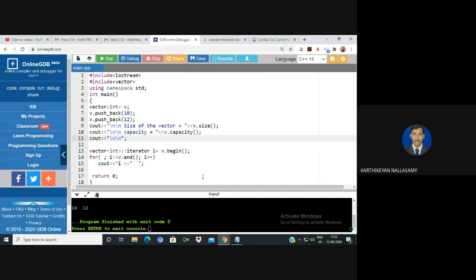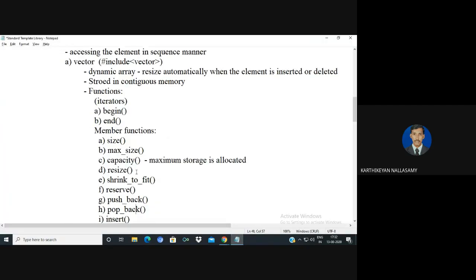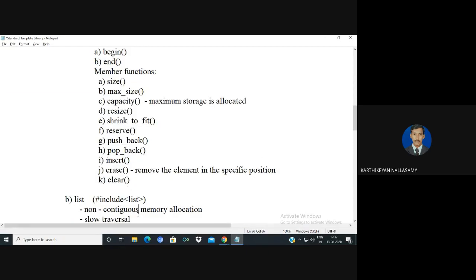Okay. So now the values are displayed like this. Even if you want, see, some of the functions are defined as member functions, like reserve, pop back, pop means we are going to delete it. Insert, if you want to insert any value, you can move that. Initially we need to identify the index, and insert the value in its corresponding index, and erase the particular value from the particular position. Or if we want to delete everything, we can use the function clear. But these are all member functions, so we need to access them by using the object name.